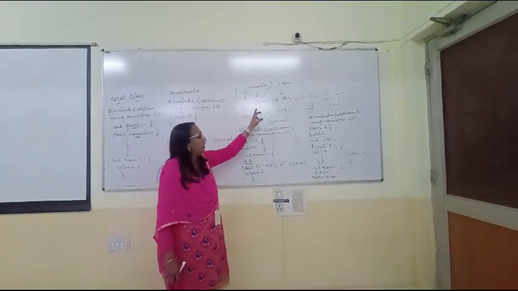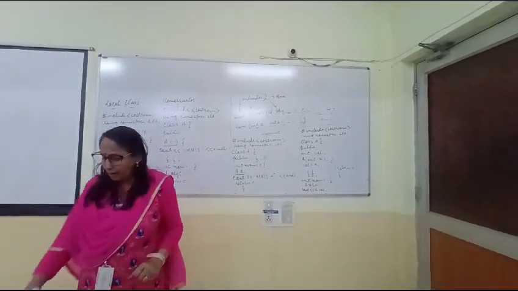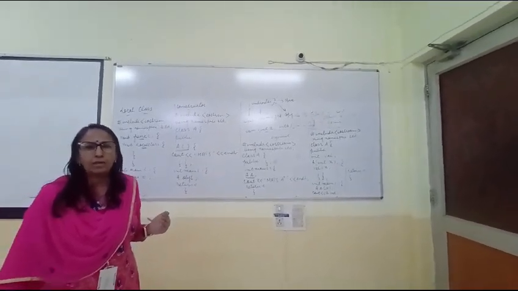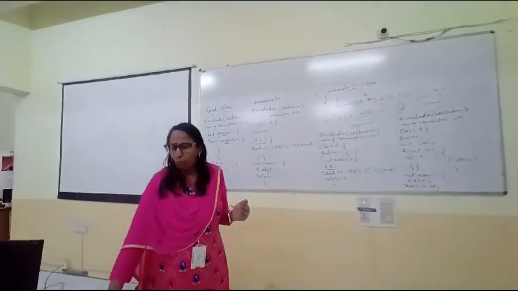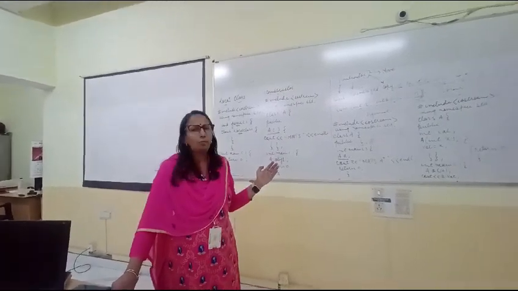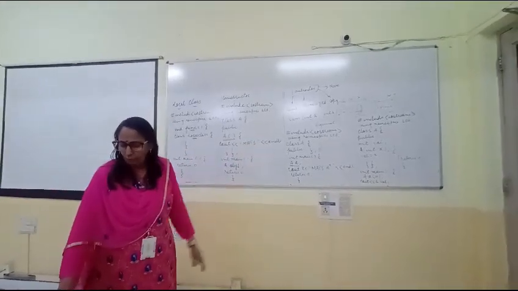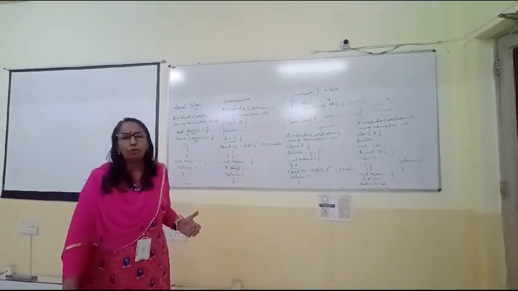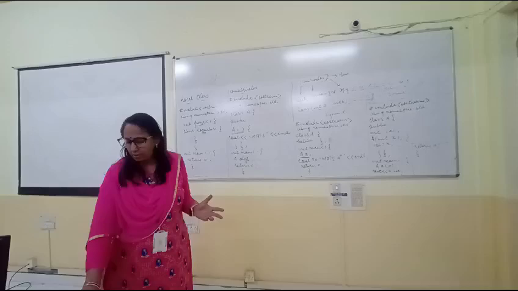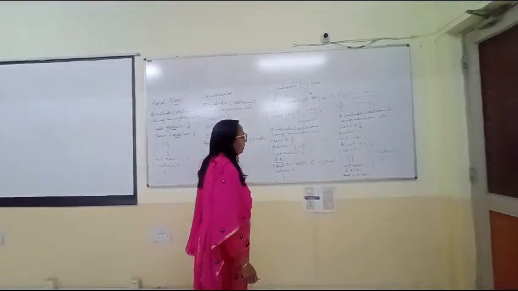The second constructor type is parameterized constructor. When we define parameterized constructor, PC, that is parameterized constructor, makes it possible to pass arguments to the constructor. These arguments help to initialize an object. If we want to initialize an object, then we use the parameterized constructor. So we will take an example.